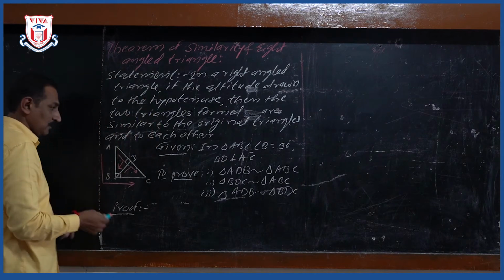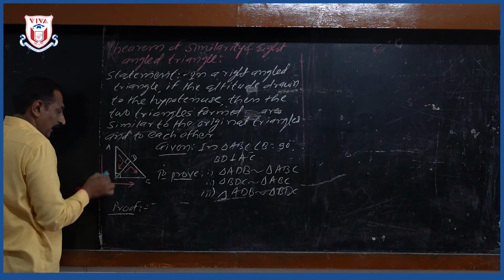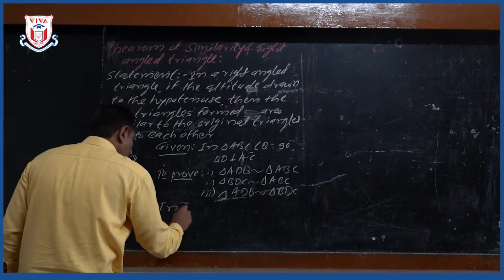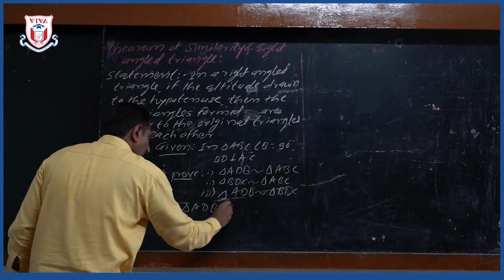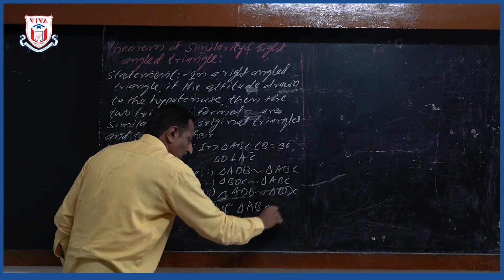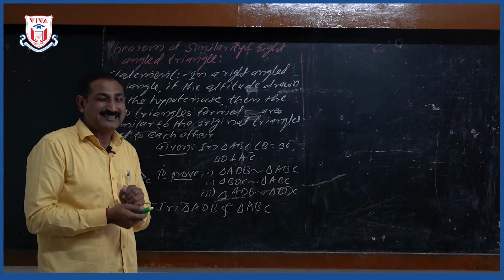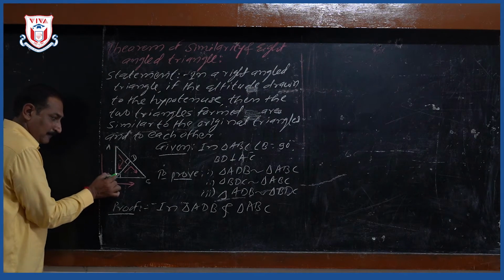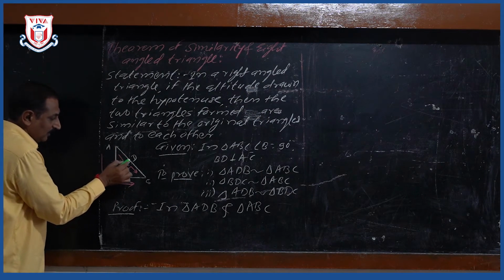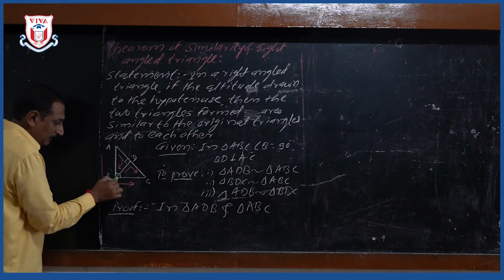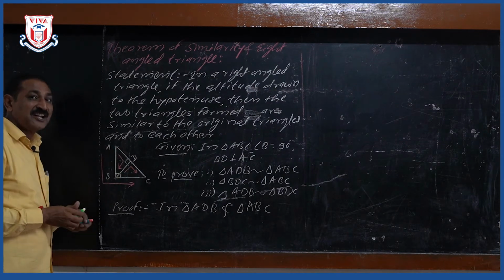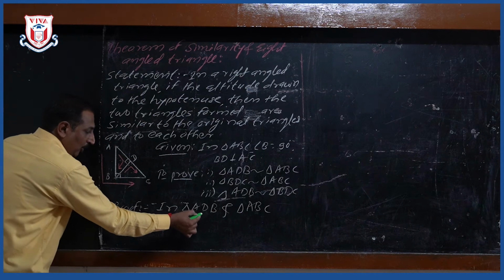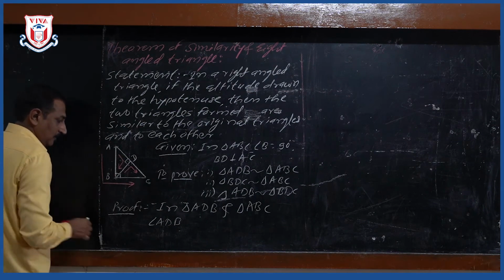in the figure. Now, first I take triangle ADB and triangle ABC. In triangle ADB and triangle ABC, which elements are congruent here? If you observe in the figure, angle ABC is a right angle. Again, in this triangle, D is also a right angle, meaning angle ADB is congruent to angle ABC, each a right angle. Hence, I write here angle ADB, angle of this triangle ADB, right angle, congruent.